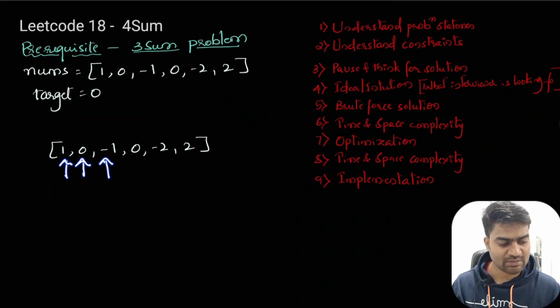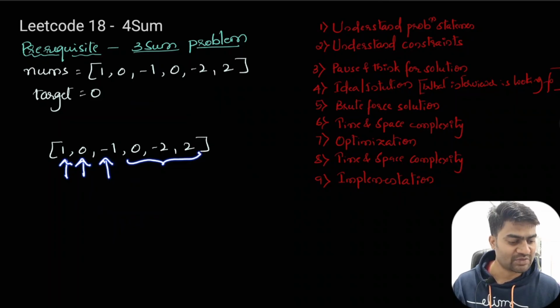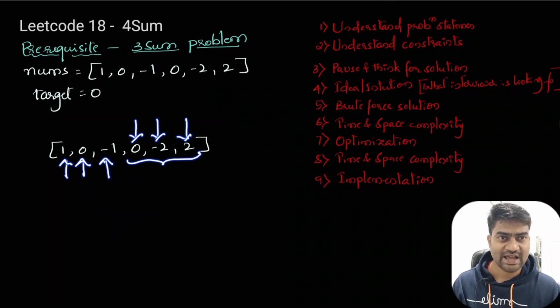Now for the fourth number, I can consider any one among the remaining numbers. So first I will take this number, then this number, then this number, and I will try to find the total sum. If any combination of four numbers gives us the target,